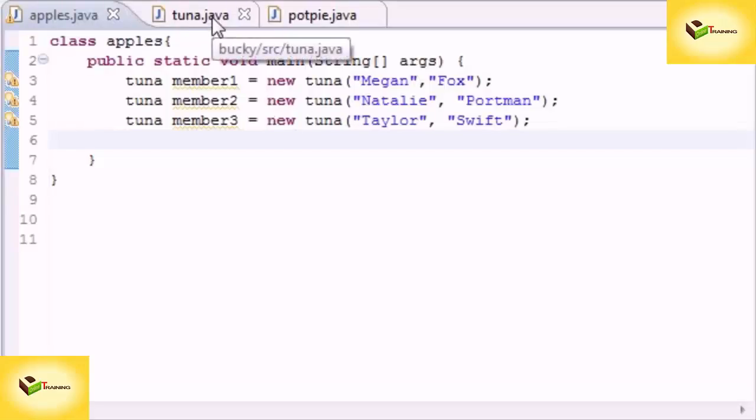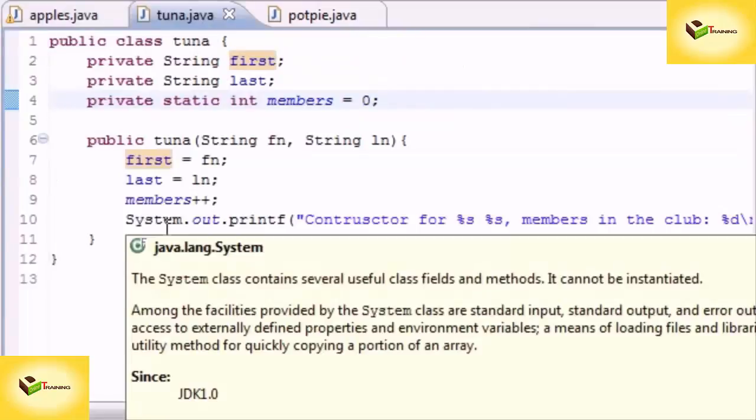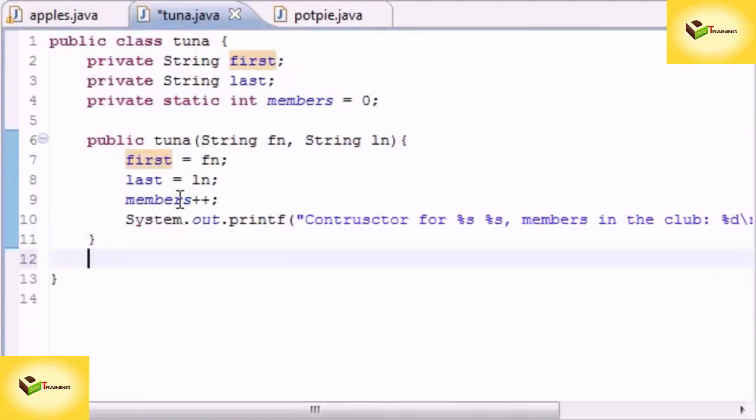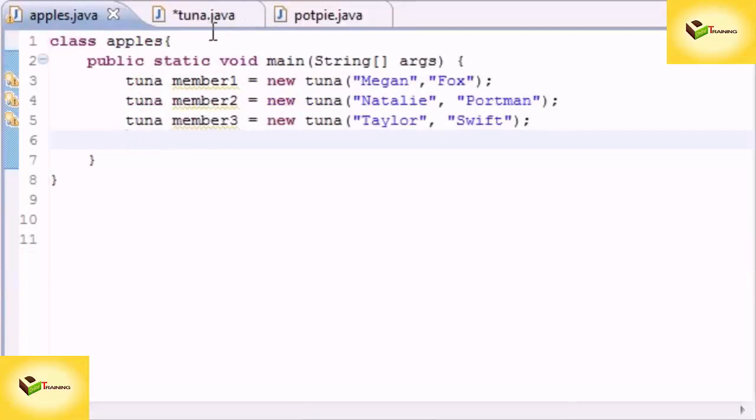What's up guys, welcome to your 47th Java tutorial, and in this tutorial I'm going to be finishing up talking about static members, and also I'm going to be showing you a nice little trick that you can use when accessing static members. So go ahead and in your tuna class, not the class with your main method in it,